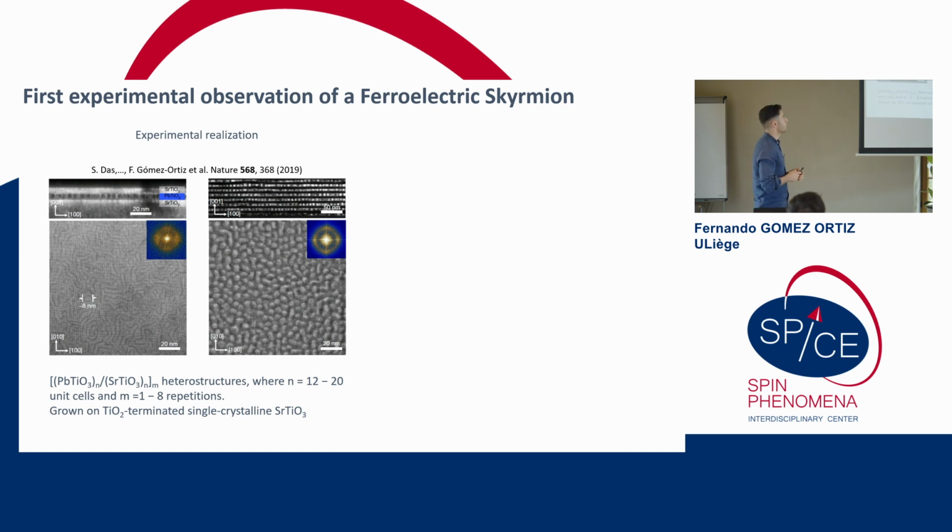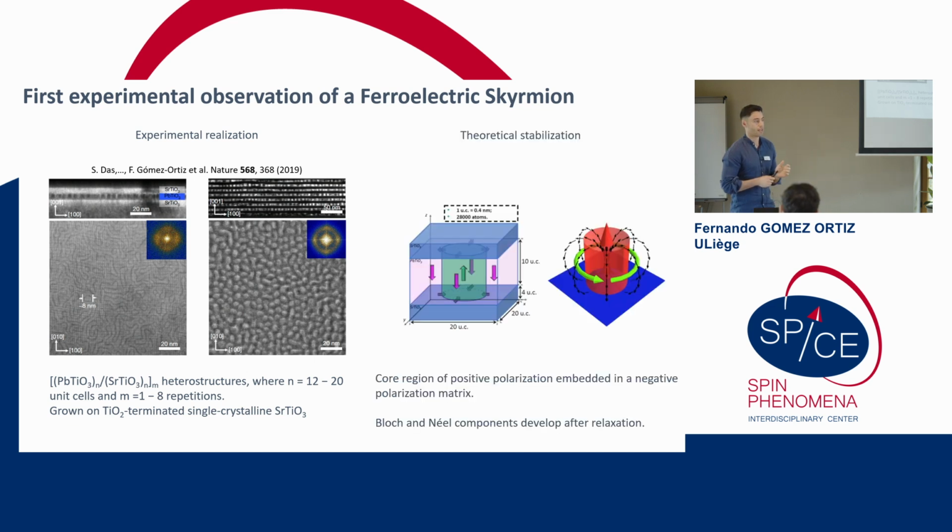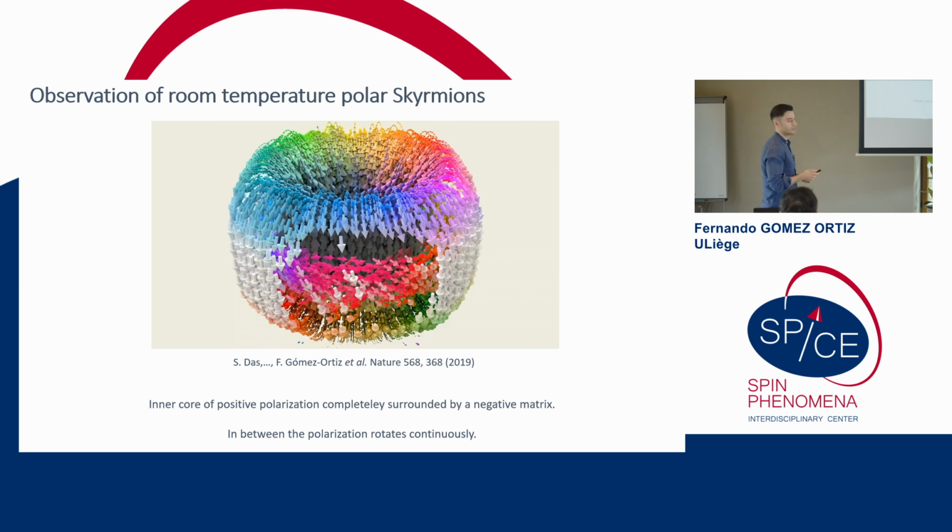This can be accomplished by building the lead titanate strontium titanate superlattices on top of a strontium titanate substrate, or computationally we can do this if we mechanically restrict these superlattices to be built on top of a strontium titanate lattice, so building a mechanical constraint that imposes the lattice constant of the strontium titanate, and starting the calculation from a nano domain with a polarization completely surrounded by a negative polarization matrix. So when we relax this structure, what we get is this figure,